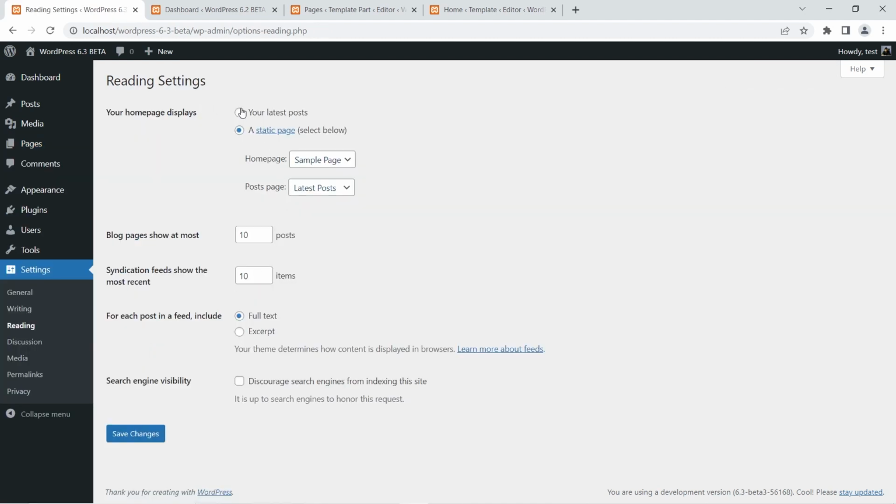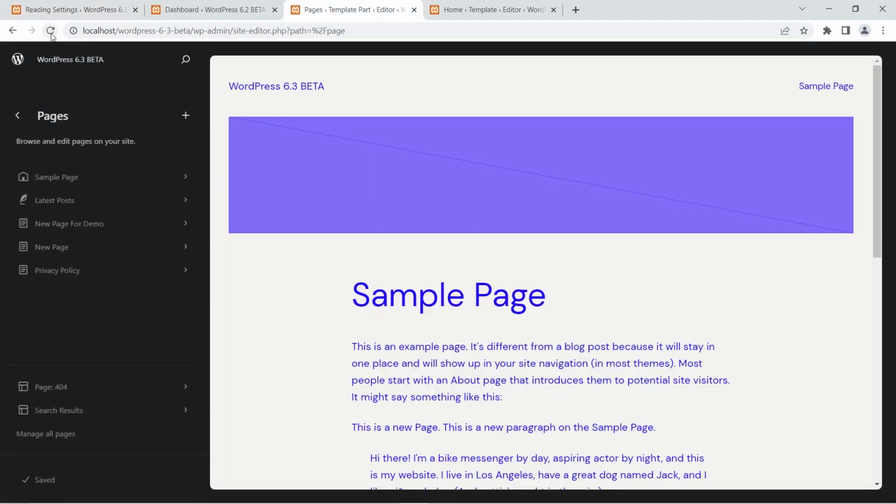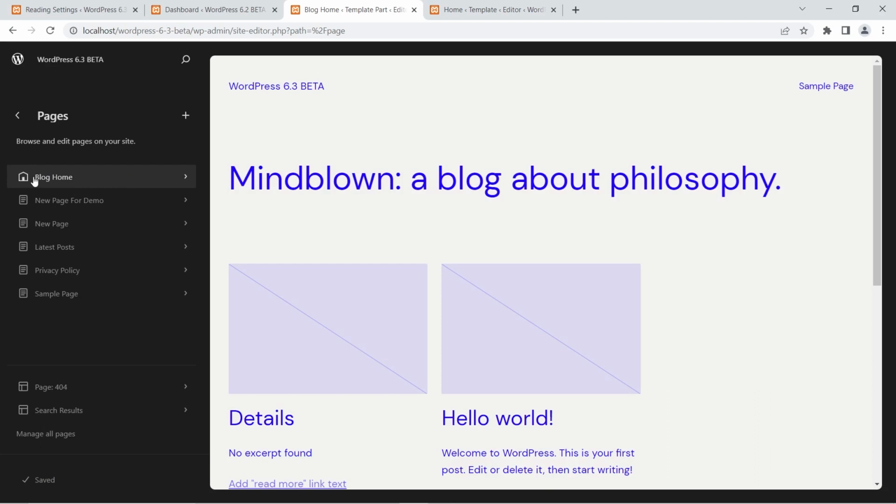In the reading settings, we are going to set the home page to display latest posts, and then save the changes right here. In the next step, we are going to refresh this page right here and let it load pages, and you can see the home page now displays the latest posts, but it still has